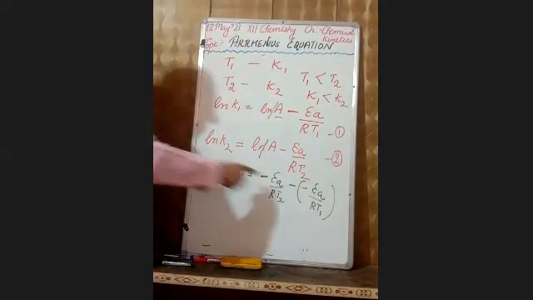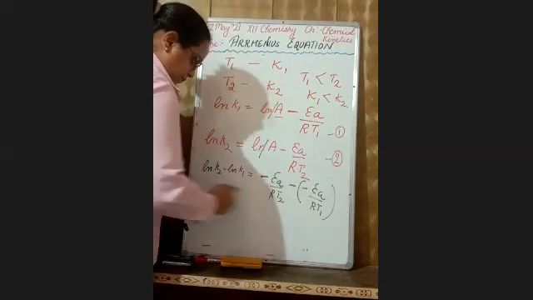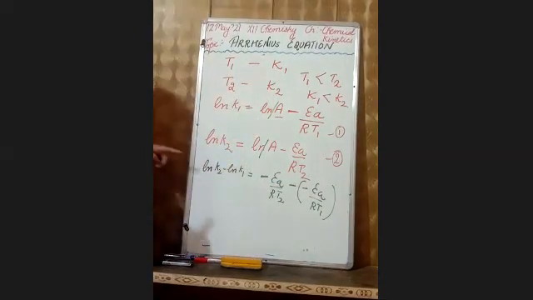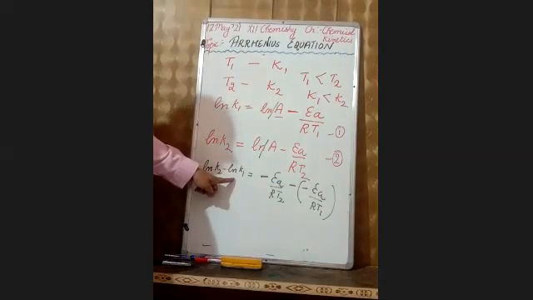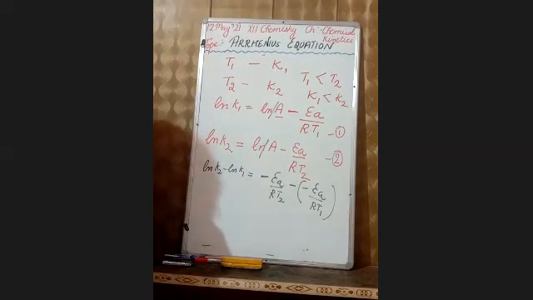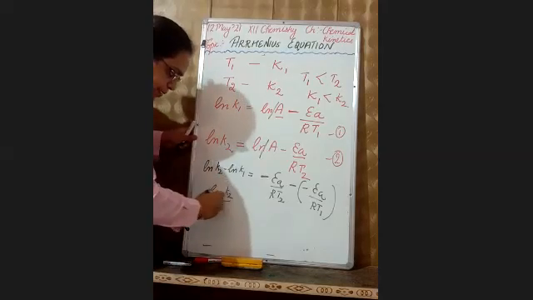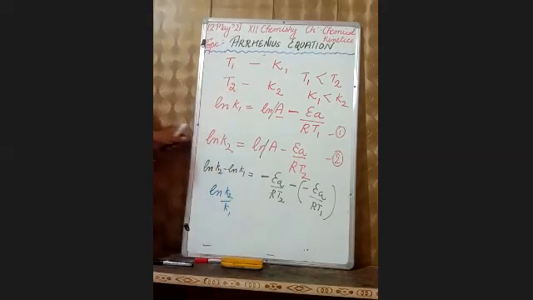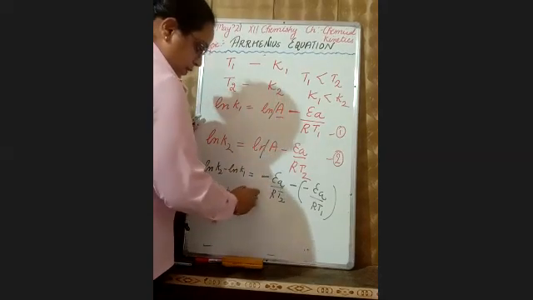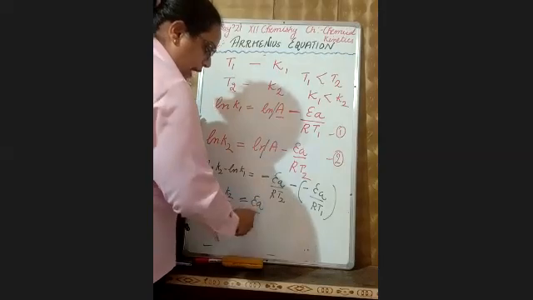This minus plus. Log A minus log B is your log A by B. So it will be ln k2 by k1 is equal to Ea over R